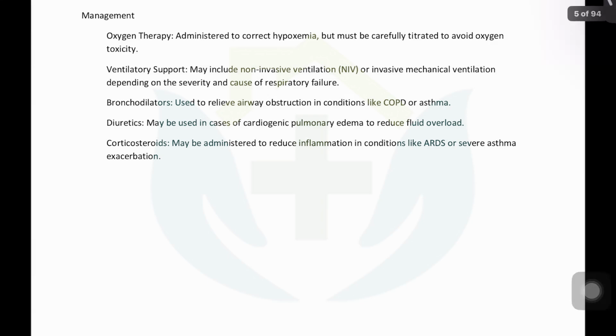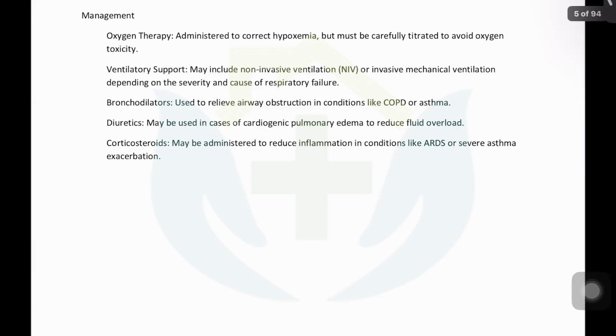So basically, for every 1 liter increase in the oxygen that you are giving, you can increase the FiO2 only by 4%. And theoretically speaking, you can go up to 4 liters. Practically speaking, you can go up to 6 liters. So 4 fours are 16. And if you add 16 to 21%, all you get is somewhere close to 37%.